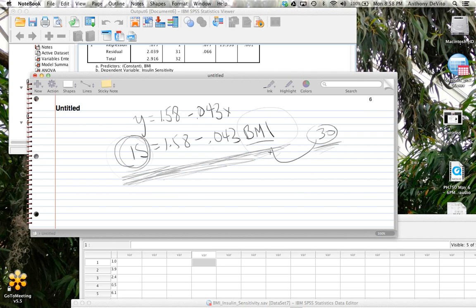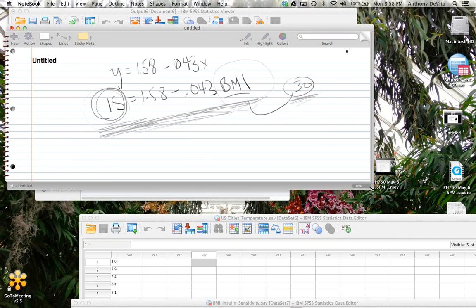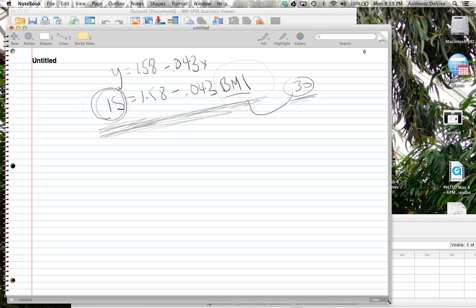Okay, this is not going to be as good a predictor as the other study that we did because our correlation wasn't quite as good. Now, one of the things somebody brought up before was that we had a value that was pretty far away from all the other values. You remember when I drew this